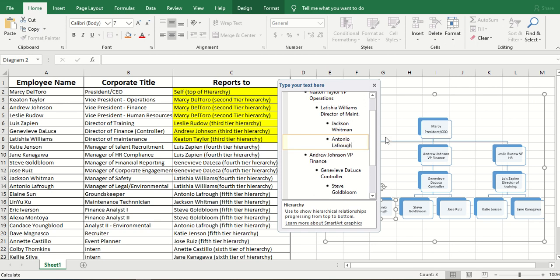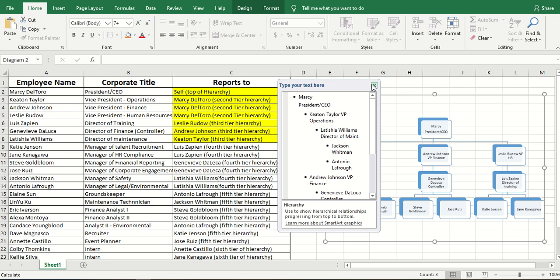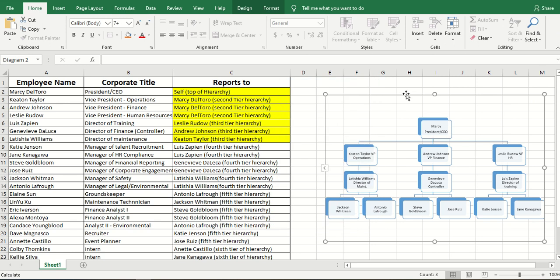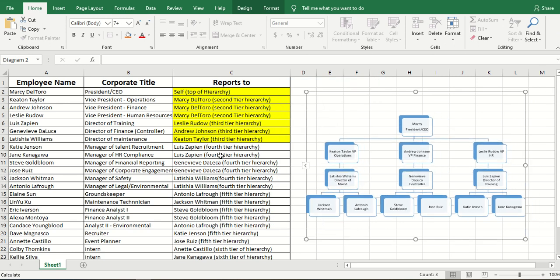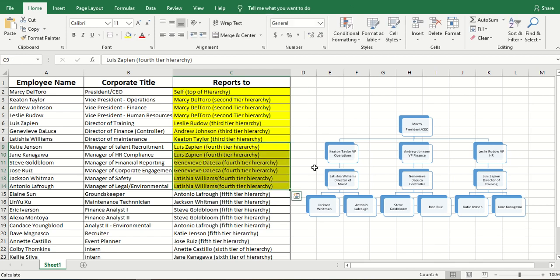Okay, so now let's take a look. Let's just exit out of here really quickly. Okay, so how's it looking? Does it look right? We've done all these folks. So we've done 4 tiers, and we can actually count them. So we can see we've got 1 tier, 2 tiers, 3 tiers, 4 tiers. And you can see that all of the people roll up to the correct people. So Jackson reports to Leticia, Antonio reports to Leticia, Steve reports to Genevieve, Jose reports to Genevieve, and so on